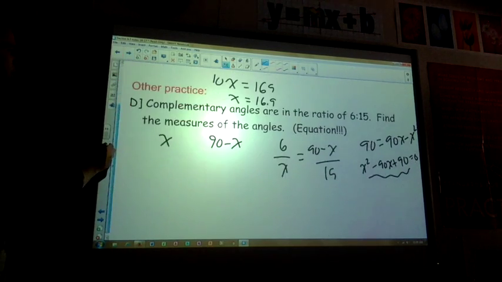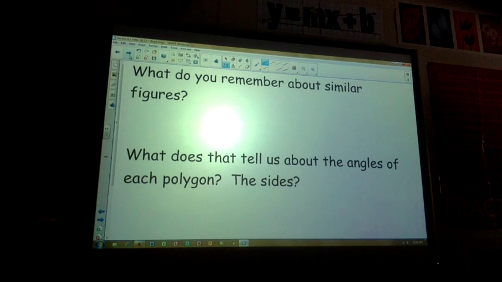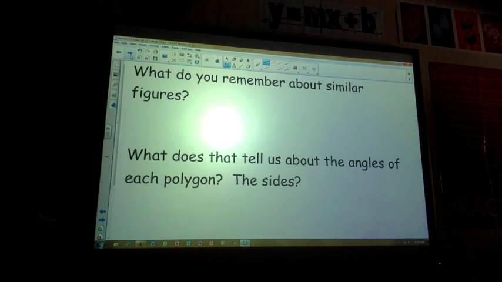Good. All right. What do you remember about similar figures? You all know I've given you the picture reference many times. Question for you. Are all equilateral triangles similar to each other? Yes. Yep. They all have a 60-degree angle, so they're all similar, right? But are all